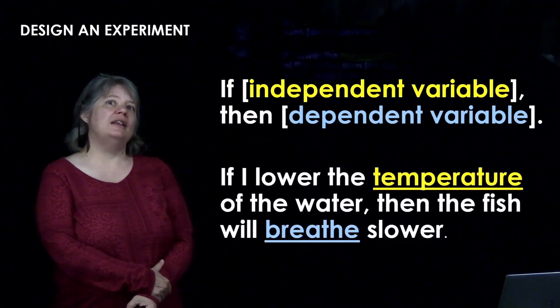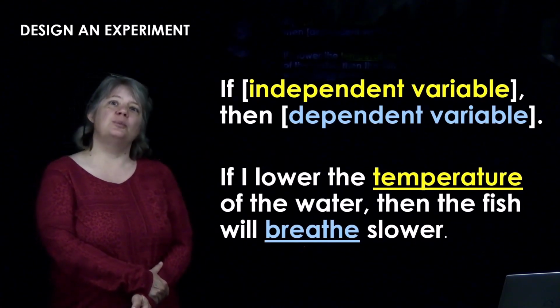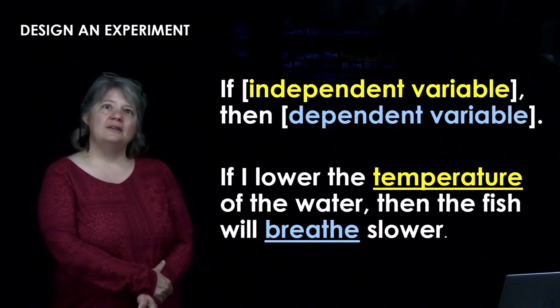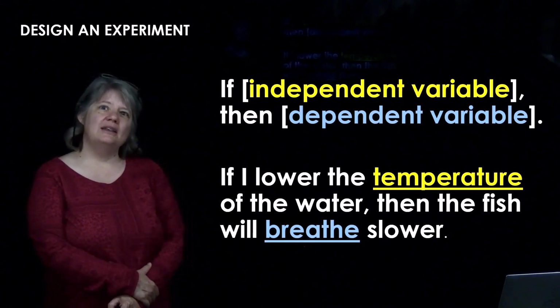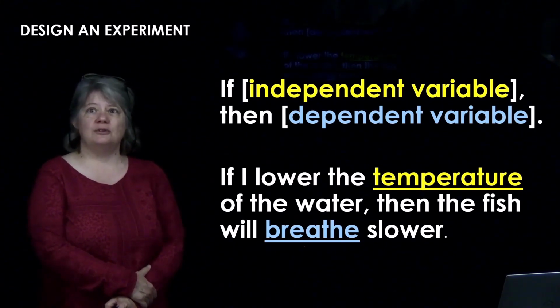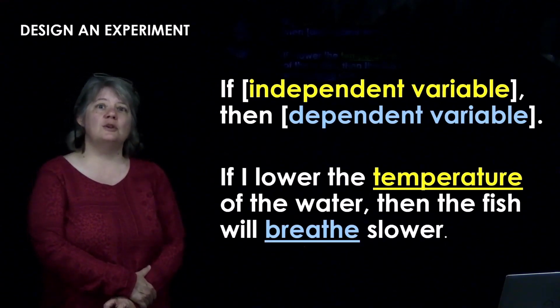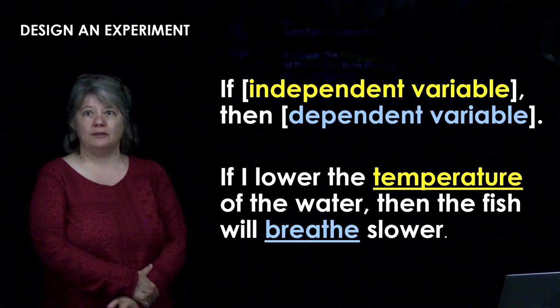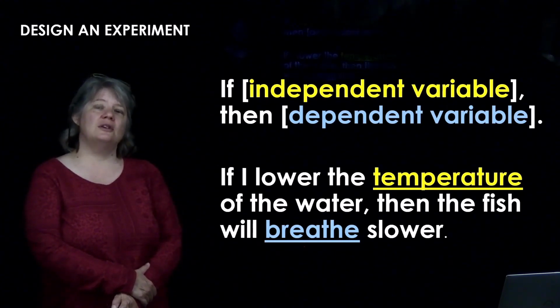So if I lower the temperature of the water, temperature is my independent variable, then the fish will breathe slower, and the breathing rate is my dependent variable. Embedded in this statement is what I think is going to be the relationship between my independent and dependent variables. In other words, I'm not just saying that the temperature is going to affect the breathing rate of the fish. I specifically think that lower temperatures will cause slower breathing in fish, and conversely, higher temperatures will cause faster breathing